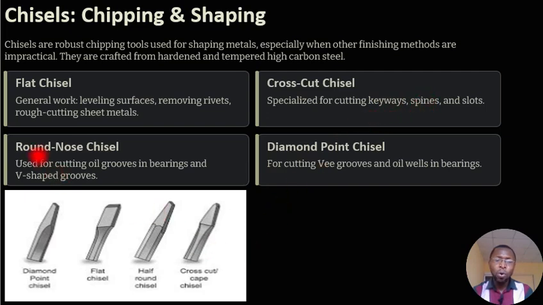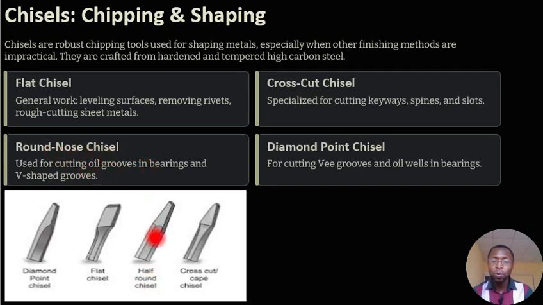Then we have what we call the round nose chisel. Sometimes we call the round nose chisel the half round chisel. It is used for cutting grooves in bearings and V-shaped grooves. So if you want to achieve this shape, the V-shaped grooves, you make use of the round nose or the